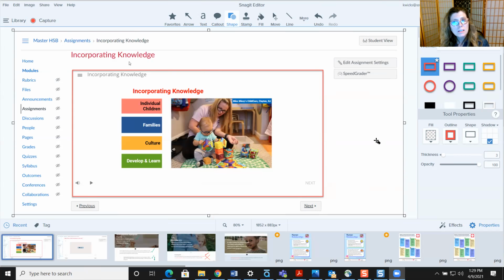Are you guys able to see this? It's just my little Snagit screen. So in preparation for this, I just pulled a quick image to show what it looks like on my Canvas page. So this essentially is my window of where all I have to work, but it just makes it so small. So when I click on my tabs and there's interaction here, it's very small, super tiny.